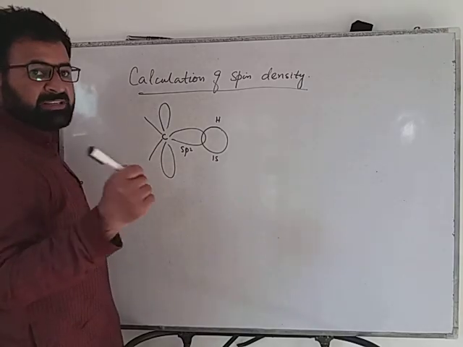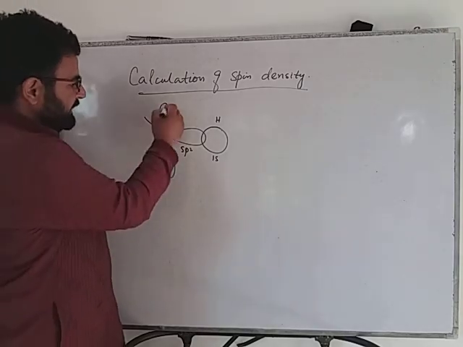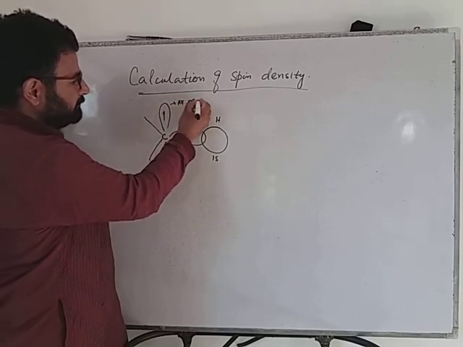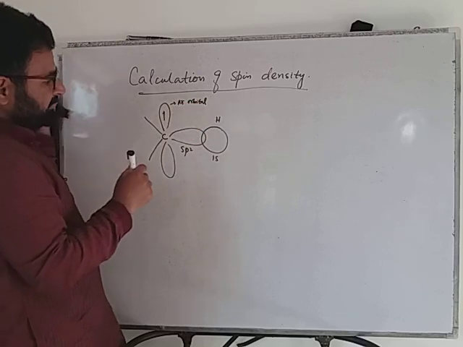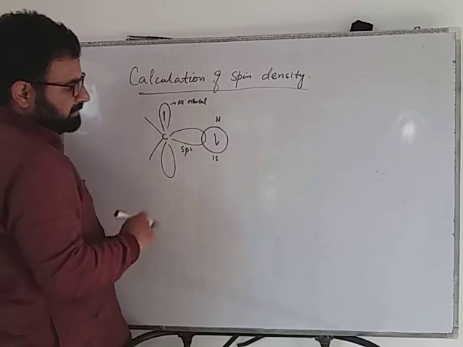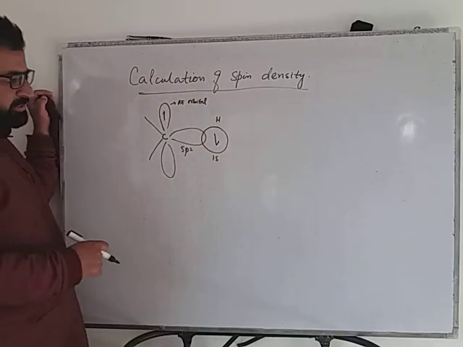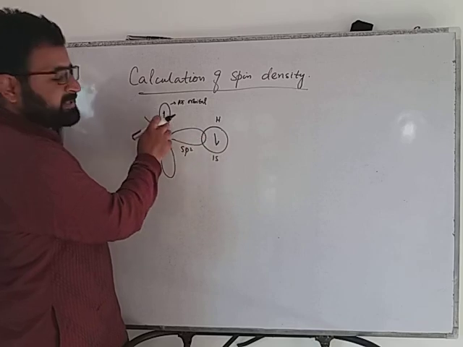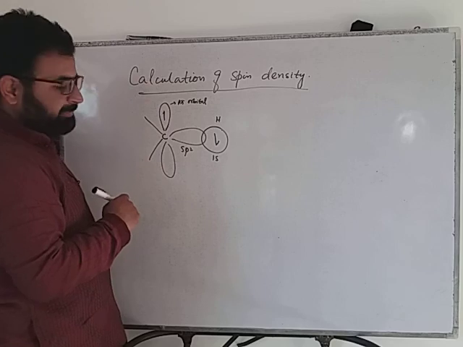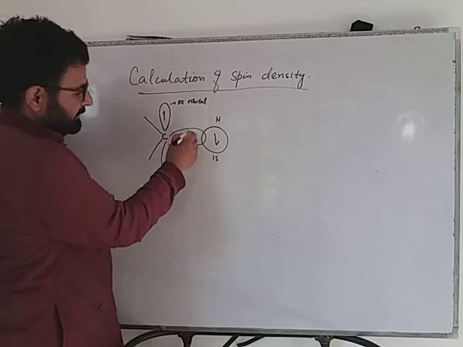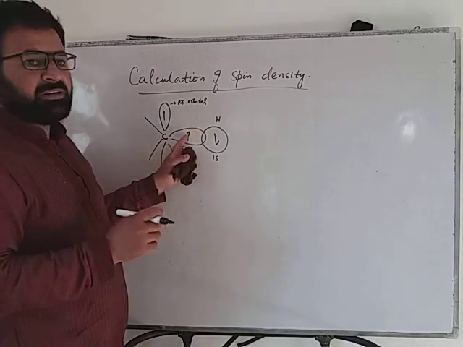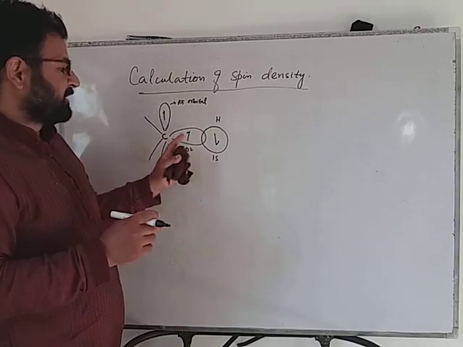Okay, in the spin polarization effect we saw that if there is an unpaired electron in the p pi orbital, then the spin of the electron in the hydrogen nucleus, in this hydrogen atom, will be of opposite spin, or anti-parallel spin, to that of this unpaired electron in the p pi orbital, and this sp2 hybridized orbital will subsequently have the electron with upward spin.